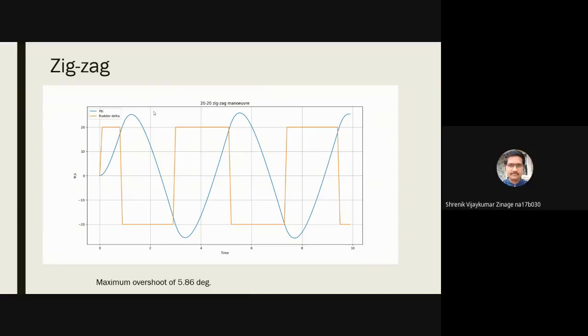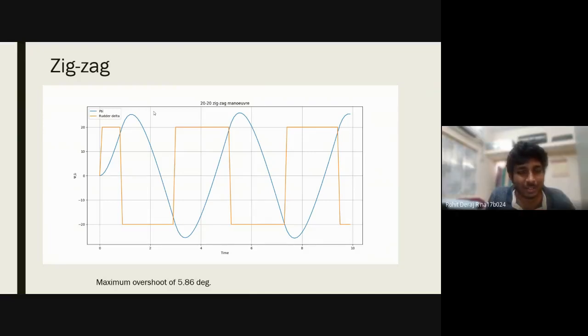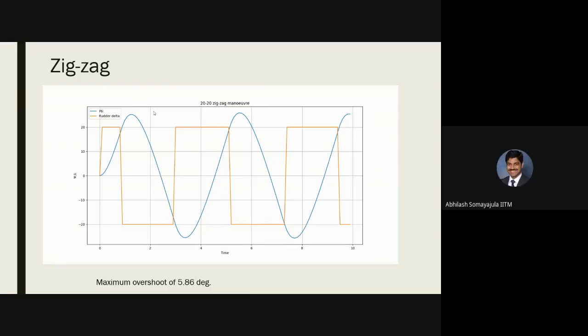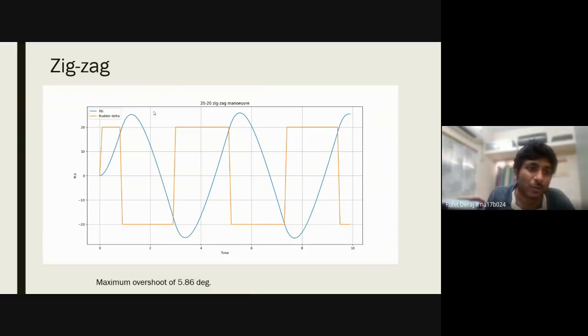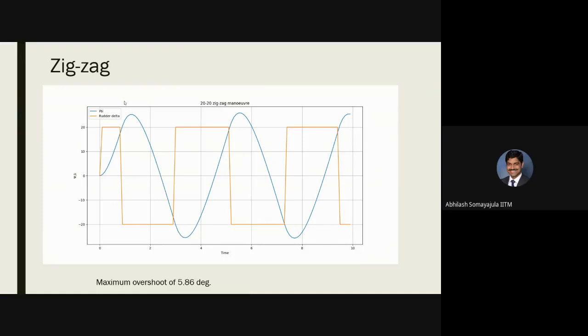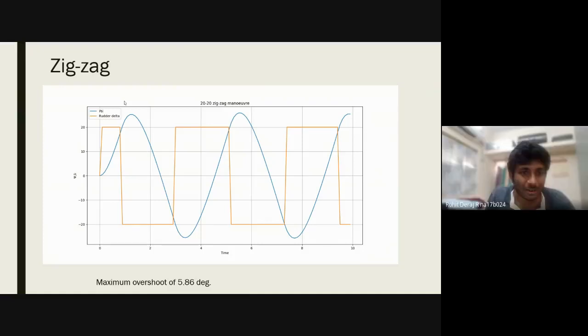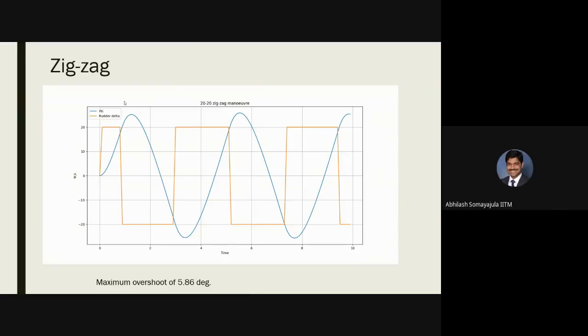Is the zigzag maneuver which you are showing in the presentation matching with Krishnankutty's paper, or no? No, it's not matching. How much is the deviation? I think it's a lot. It goes up to 35-40 degrees there, and for me the maximum overshoot ends at 25 degrees. So why do you think there is a discrepancy? Not sure about that. You know the answer. You just said it in the previous slide.